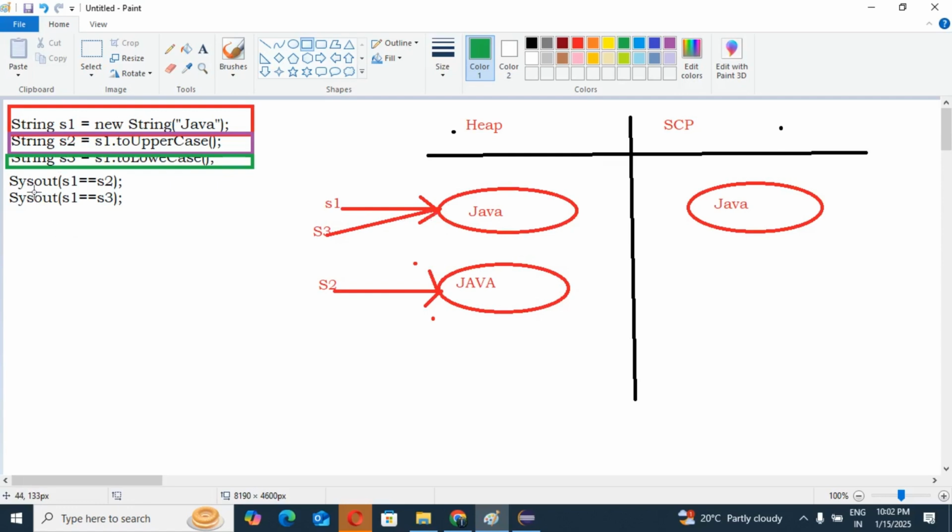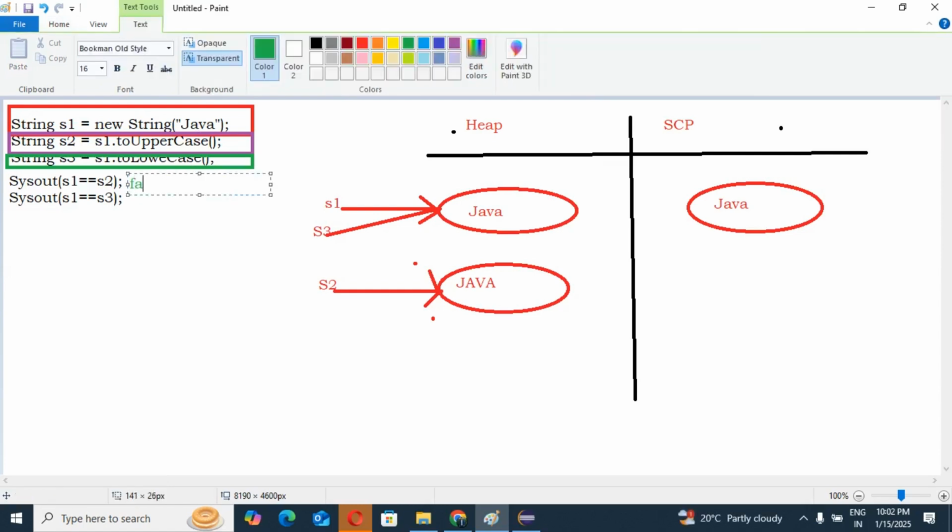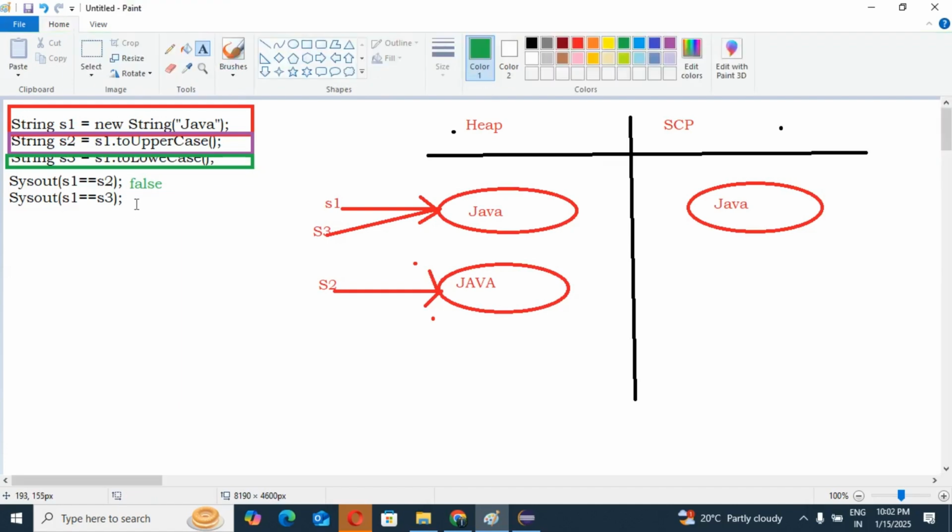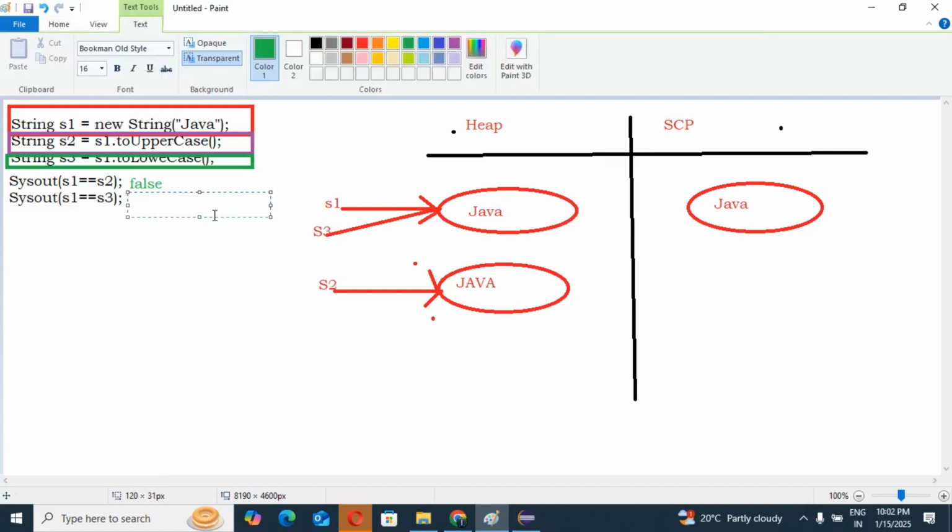Guys, you can see here, sysout S1 equal to S2. Are S1 and S2 both equal? No, guys. That's why this time it will be false, because S1 and S2 are different objects, correct? But you can see S1 and S3 both refer to the same object. That's why it will be true.